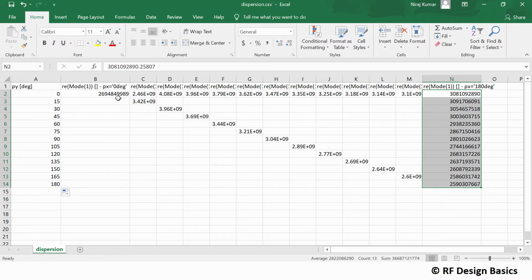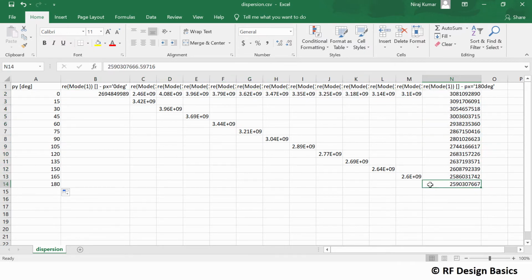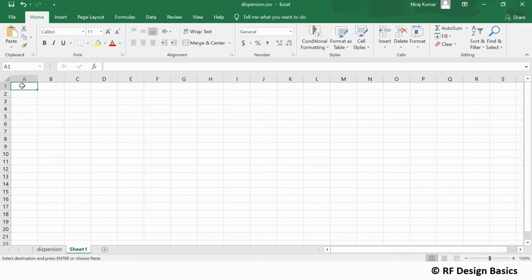So the first part is this data, the second part will be this data and the third part will be this. So starting from here, then this, and like that it will reach the initial value. So let us take this data and paste it in the Excel, putting the angle. So first angle will be 0 to 180 degree for the Px. Whatever I am writing here is for 3 cases.